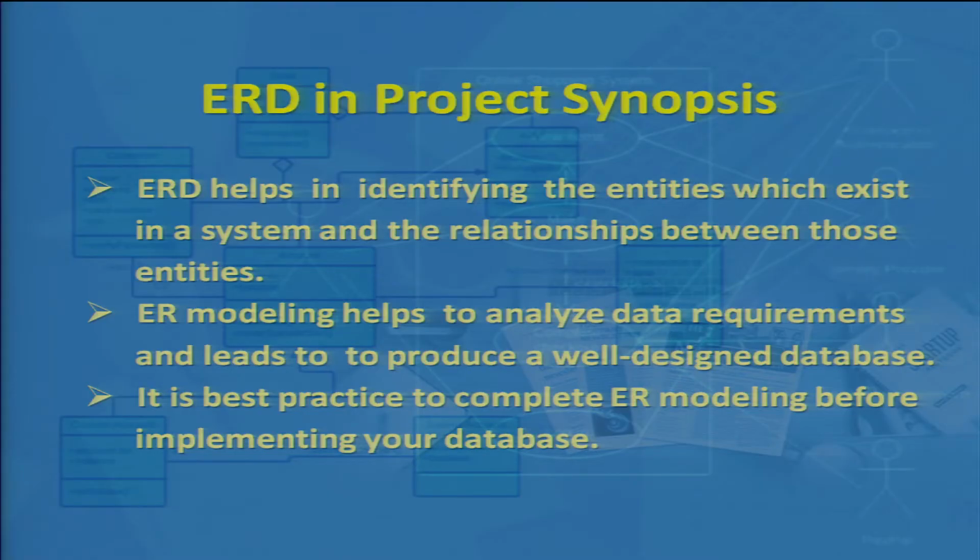Now, the ER diagram. In many projects in which you are dealing with data, you are expected to give an ER diagram, which is your entity relationship diagram. You have to identify all the entities, find the proper relations among them, and use proper convention and symbols to draw it. You have to show the cardinality and the proper naming of the relationship, and if you are showing the attributes of your entities, show them properly. If your entities have different kinds of keys, primary key or composite key, show those keys properly too,